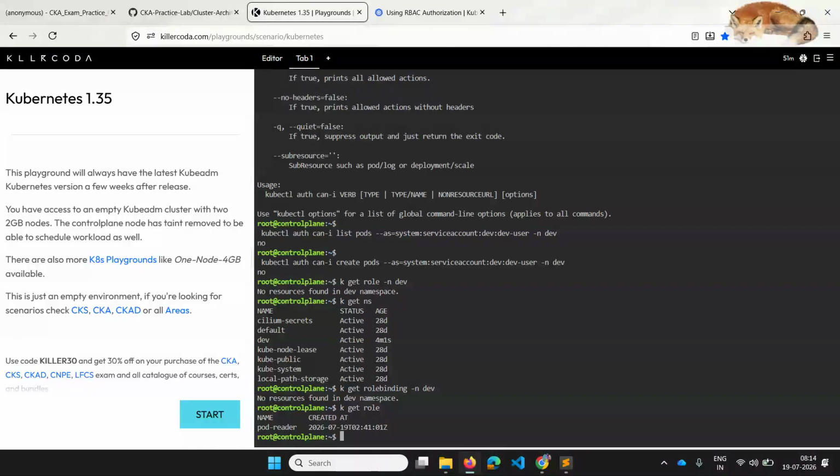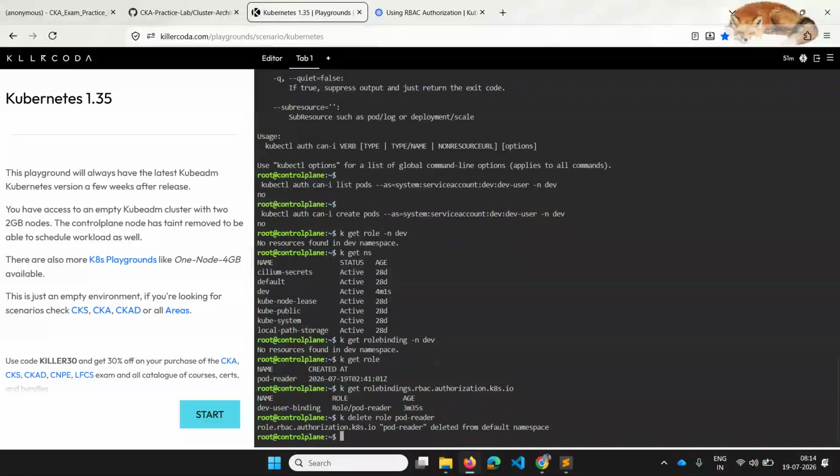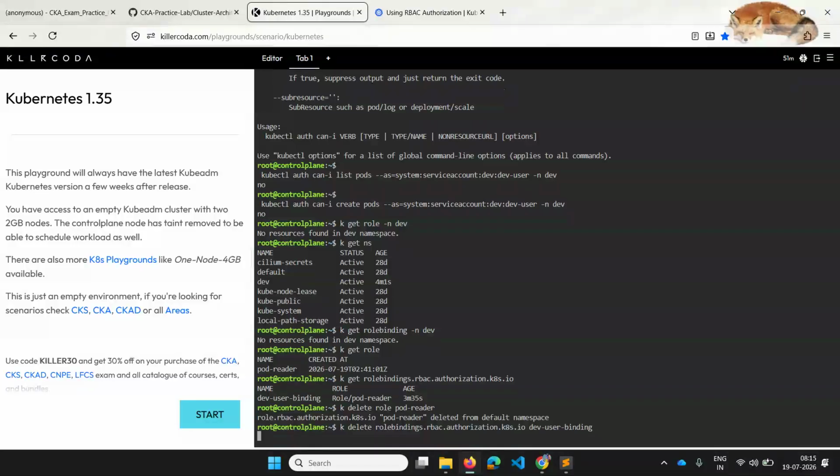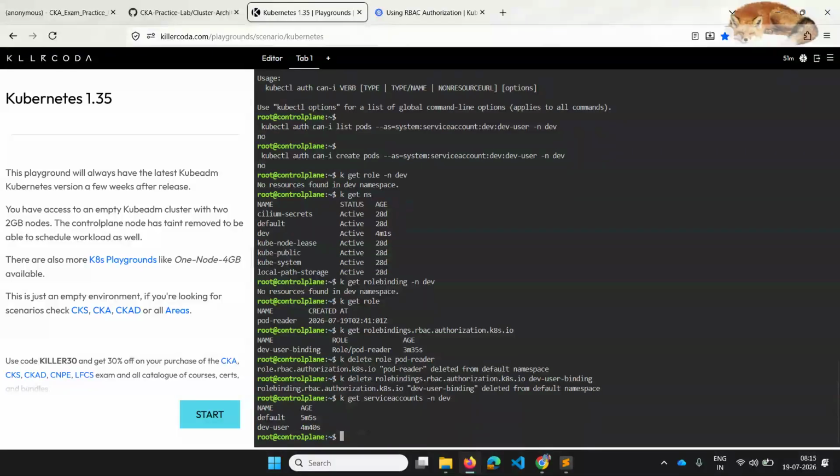Let me delete this, and also the role binding. And if you see get service account in the namespace of dev, it exists. So here only I want to create a role and role binding.